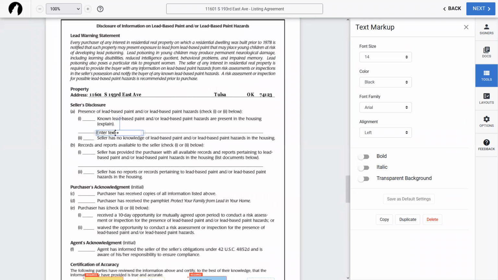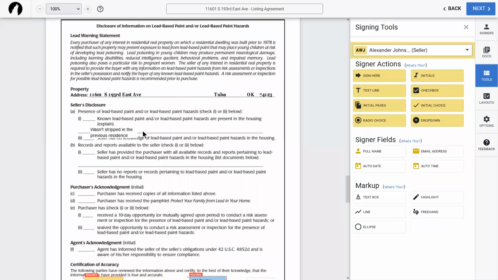So for instance, if we already knew what the client was going to say, we can just say, there we go, whatever. Get a little wider. There we go. And we'll use this checkbox because we already know that the client said that that's the case. Perfect. So we've added all that information in. I can use a line in order to indicate this.